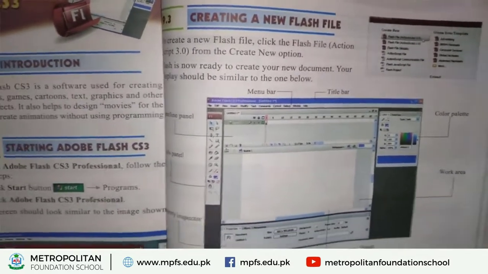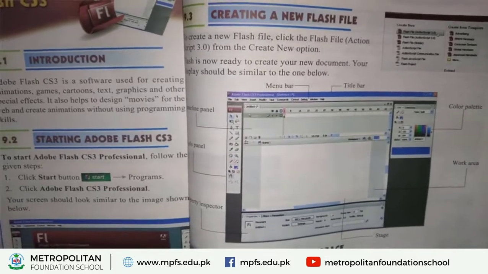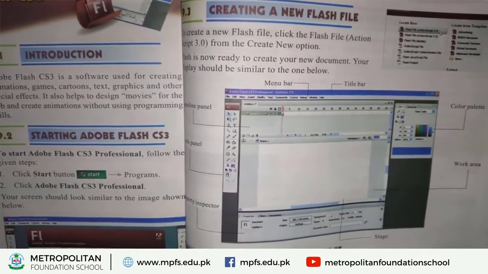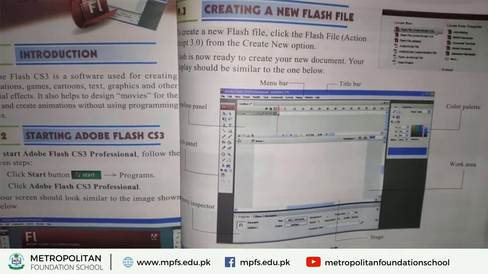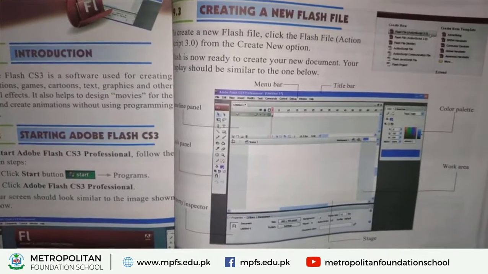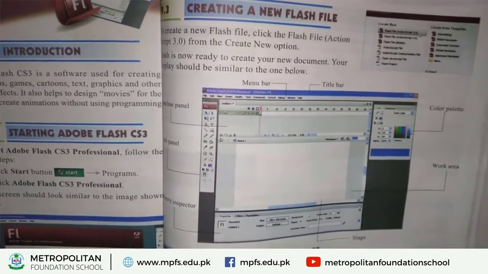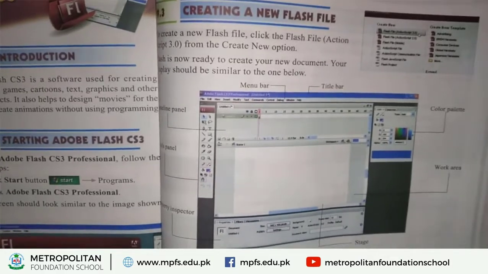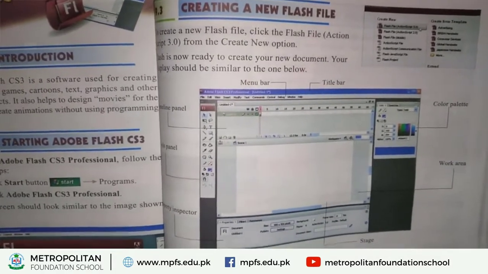You see the open pop-up dialog box, timeline panel, tool panel and property inspector and color palette, work area.